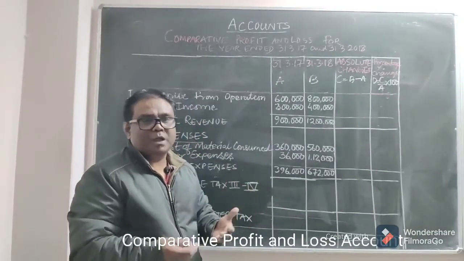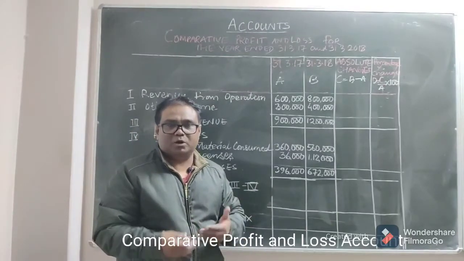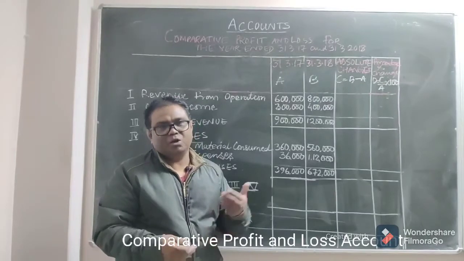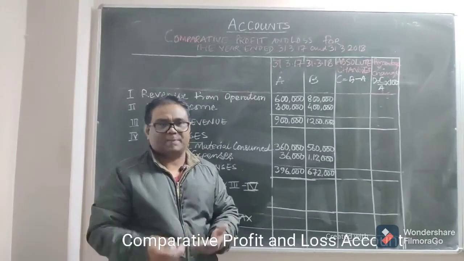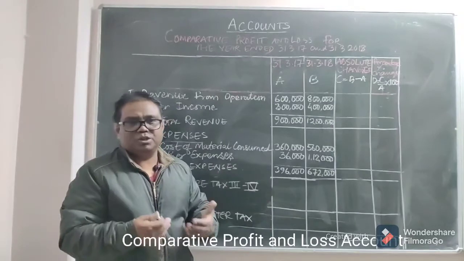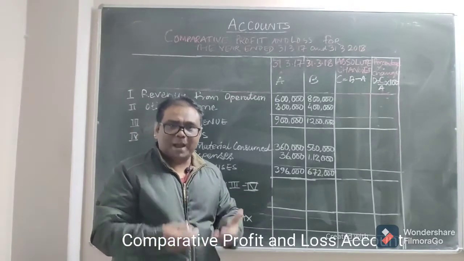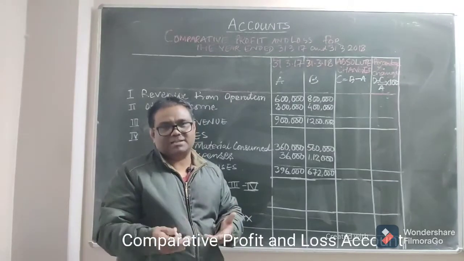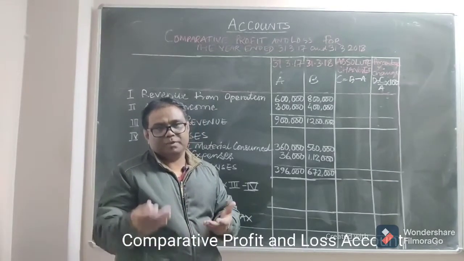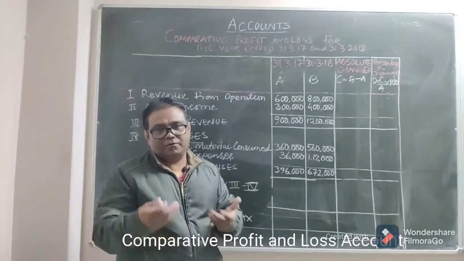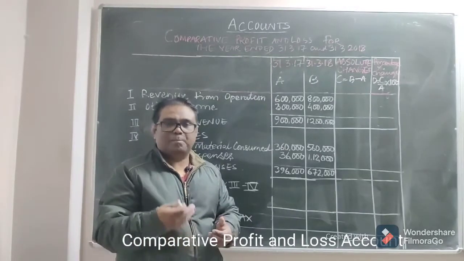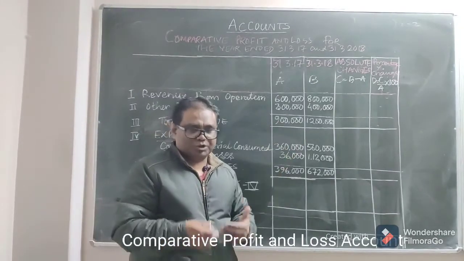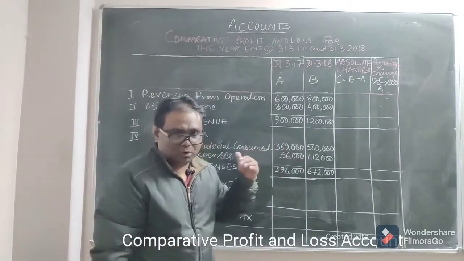Now we have the total income and the total expenses, so profit is very easy to find. Total revenue minus total expenses is your profit. This is profit before taxes. If the rate of tax is given in the question, less tax, and after deducting the tax from the profit before tax, you will arrive at the profit after tax. Now let's solve this question from your school textbook.